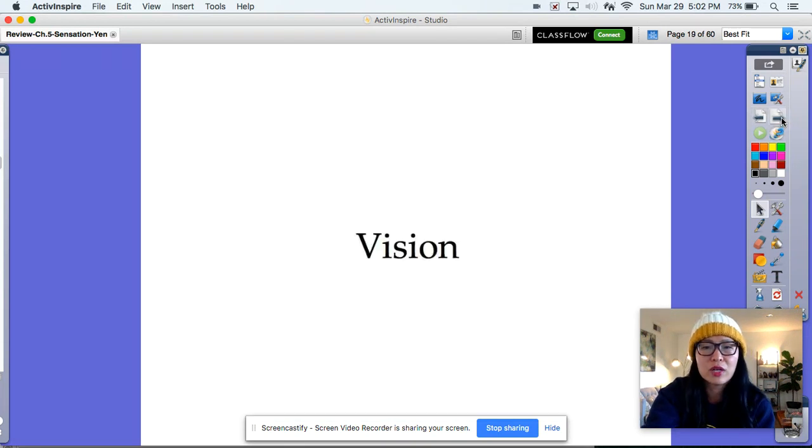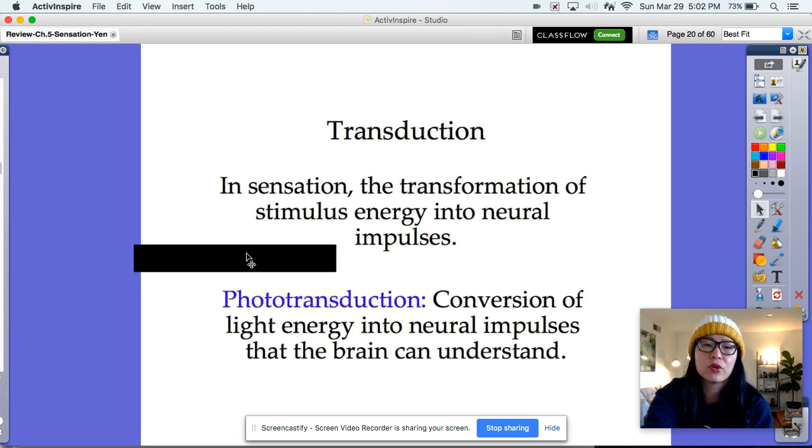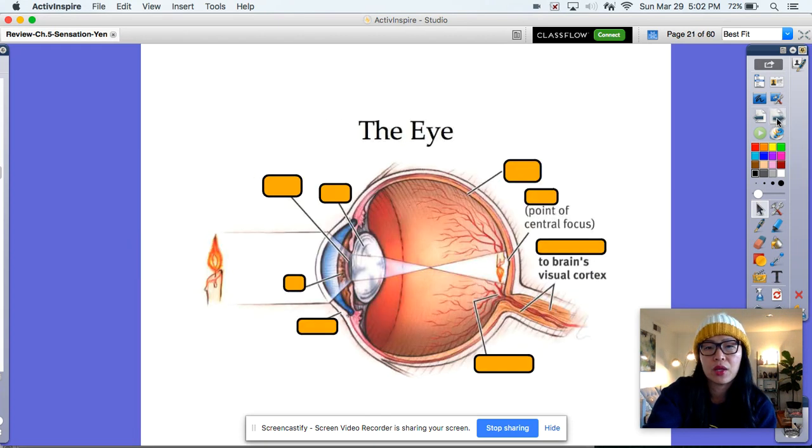All right, now moving on to vision. The fancy word for vision is phototransduction. It's pretty much the conversion of light energy into neural impulses that the brain can then understand. Okay, here's the eyeball. Do you guys remember how to draw the eyeball? Do you remember the location, the function, and then also the 10-step process of vision? Hopefully we do. Okay, so this part is going to be the cornea, which is pointing to the white transparent